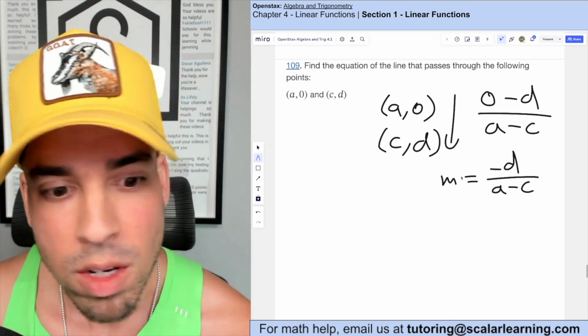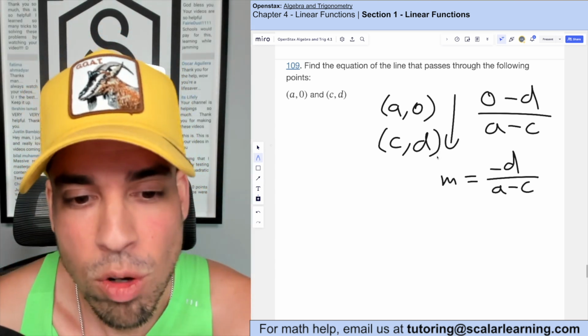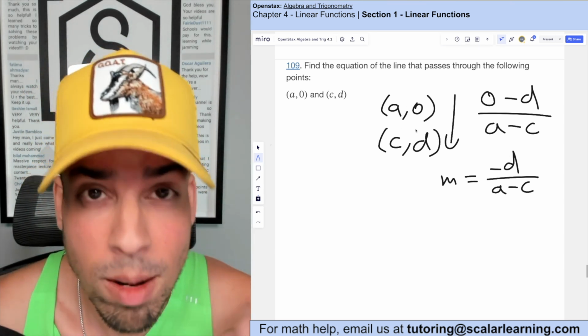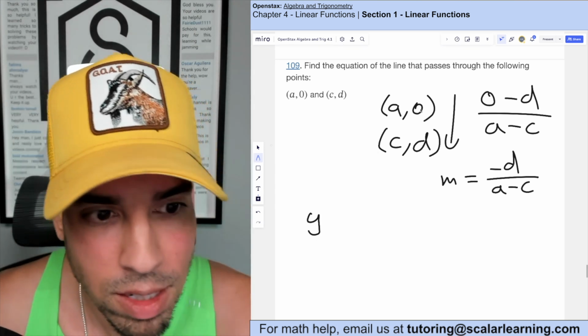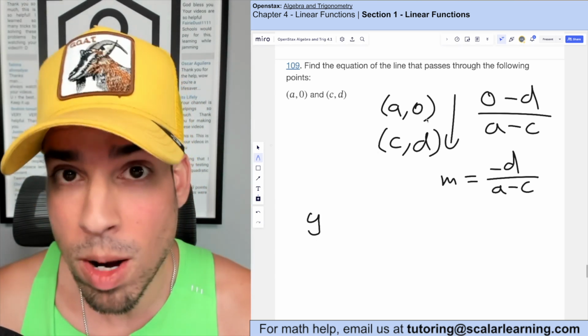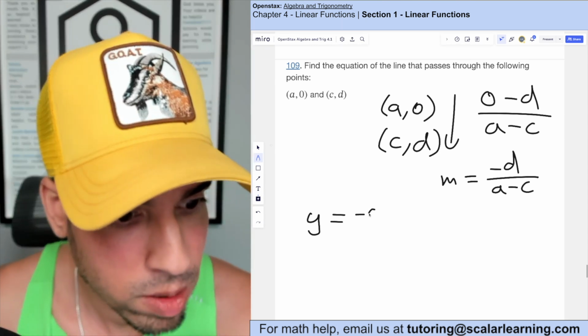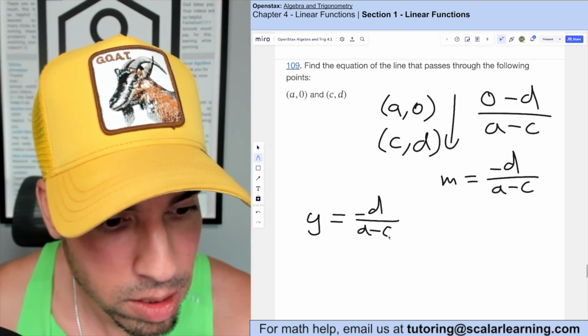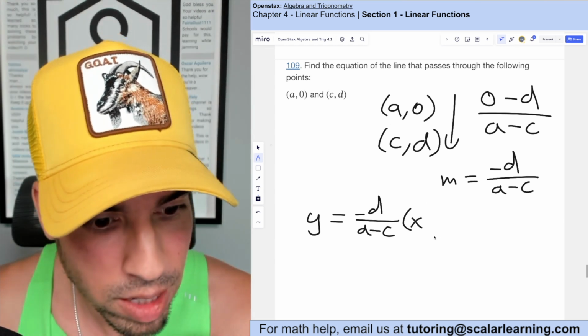So there's my slope. Now I'd love the y-intercept. I don't have the y-intercept, unfortunately. So I'm going to go to point slope. And I'm going to use the top coordinate because I feel like it's going to be easier. Because it's going to be y minus that corresponding value, which is 0. But y minus 0 is just y. So that's nice. Equals my slope, negative d over a minus c, times x minus that corresponding x value, which